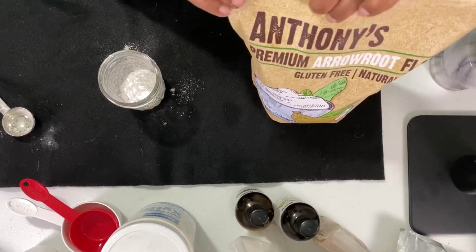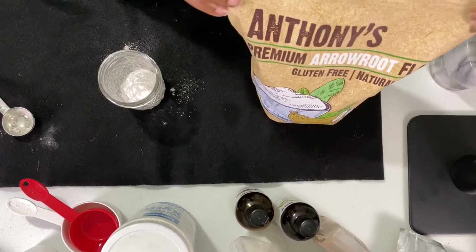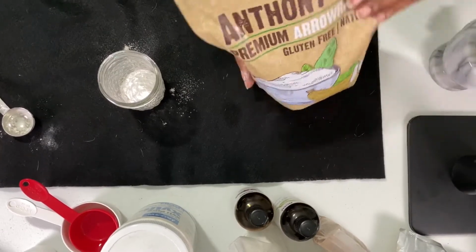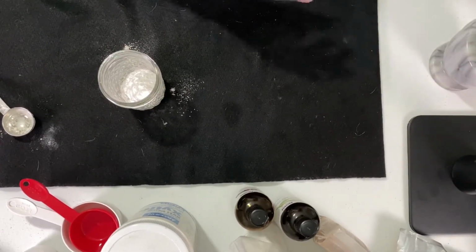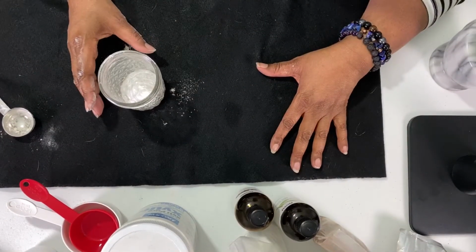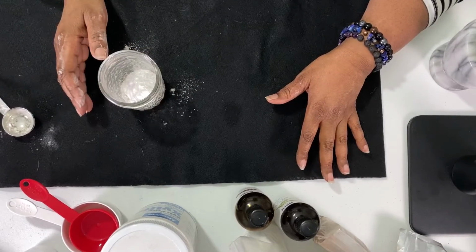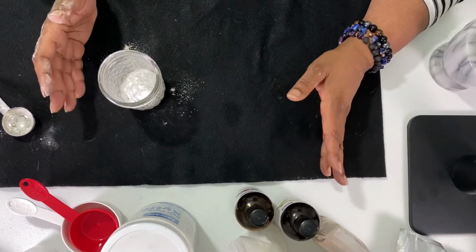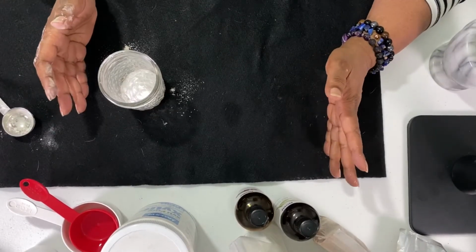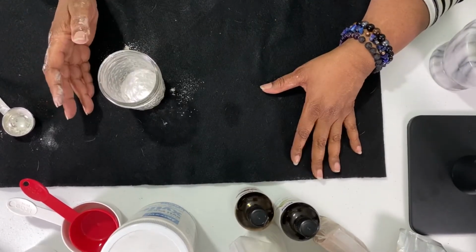I do not use baking soda. Now, if you want to use baking soda, that's up to you. But I'm showing you what I use in my tooth powder. And the reason that I don't use baking soda, I told you guys before in my deodorant video why I don't use baking soda. So make sure you check